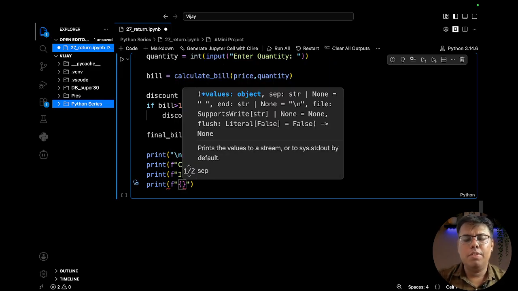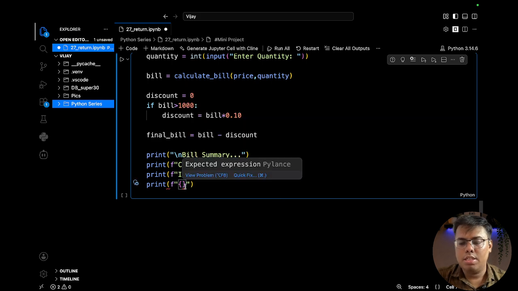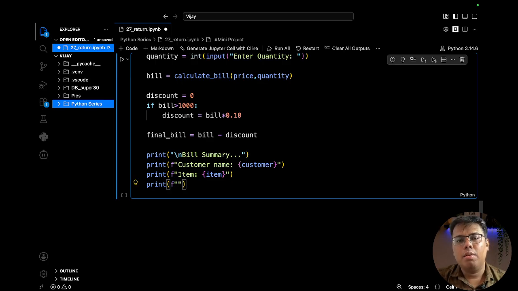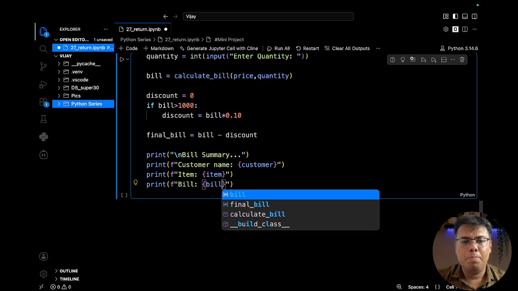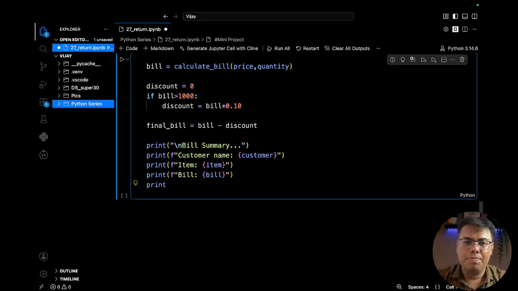So even if you are doing any other project, this will help you to arrange the flow, how that should be in related to the project versus a simple practice. This will give you an idea that how to set up the things and how to make it more presentable. Okay, then we will have the bill that will be pulled from bill variable, and then we will print a,